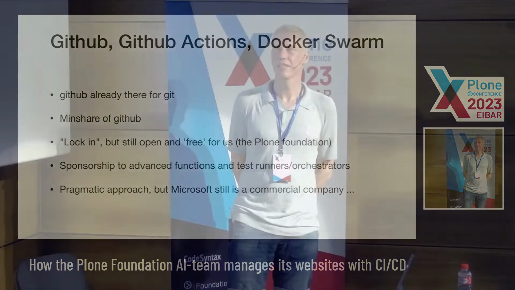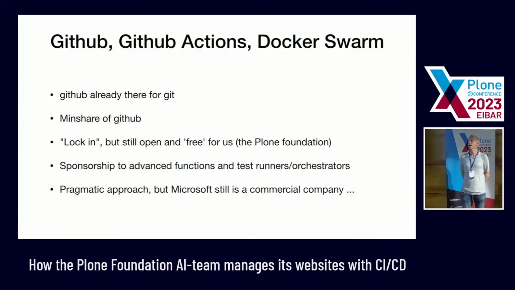I think I've seen it. I didn't use it. I was just an end user at the time. But I did see, and I think we still might have something of SVN stored somewhere. So yeah, GitHub is locked in, but it's still open and free for us. We get some sponsorship to have some advanced functions activated on GitHub. I did internally ask some people last year, like, look, this is still a commercial company, and we know what happens with commercial companies offering you sponsored extra functions,